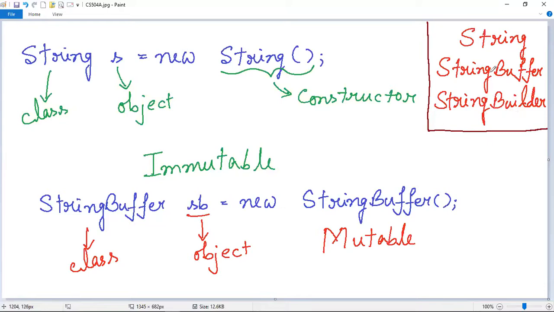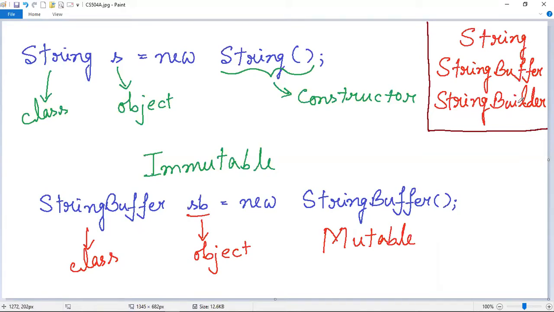So the last two classes are mutable classes, and the first class is immutable, that means the objects that you create from this class will be immutable in nature.